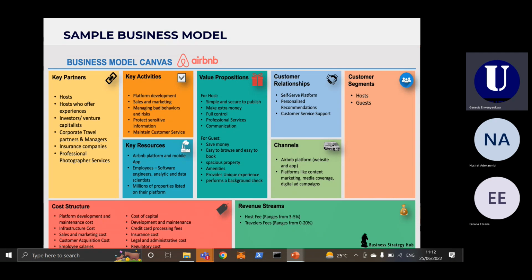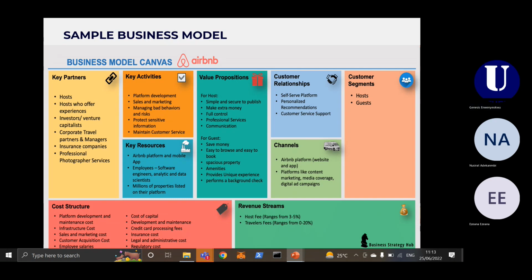For Uber, you can't see a car that they write Uber on it. Uber doesn't have a car, but they have a platform. But today, customers recognize the drivers as Uber drivers. So they build that platform to bring the seller and the rider. The seller is the driver. The buyer is the rider. For Airbnb, the seller is the host. The buyer is the guest. Marketplace. So the value proposition for the Airbnb host is a simple and secure way to publish